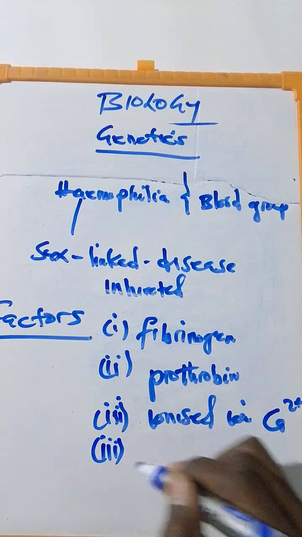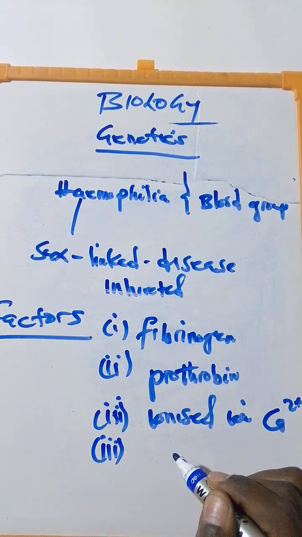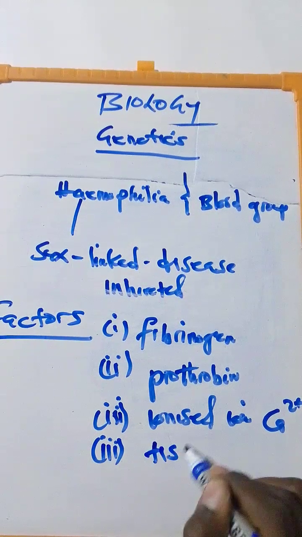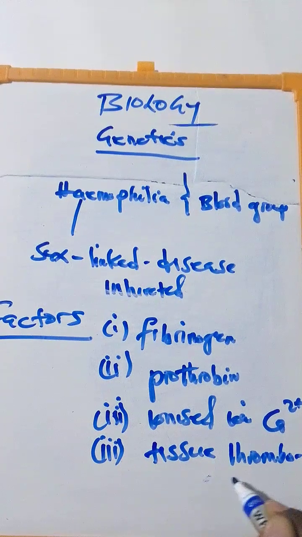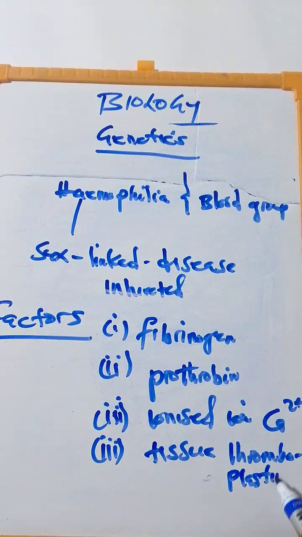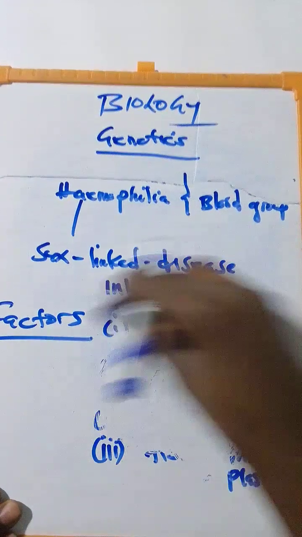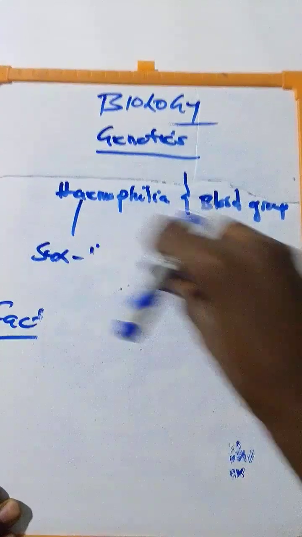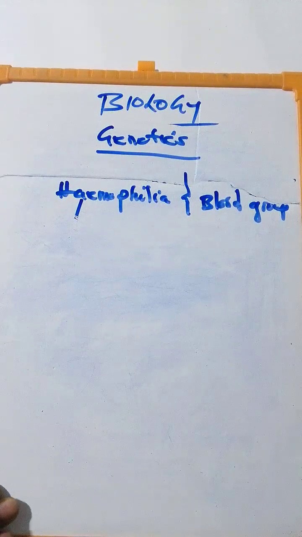Of course, there are many. We can talk about tissue thromboplastin. Tissue thromboplastin is also a factor that causes this disease called hemophilia, where blood is not clotting easily. Okay, now apart from the factors and the definition, since we have known that hemophilia is a sex-linked disease, we'll